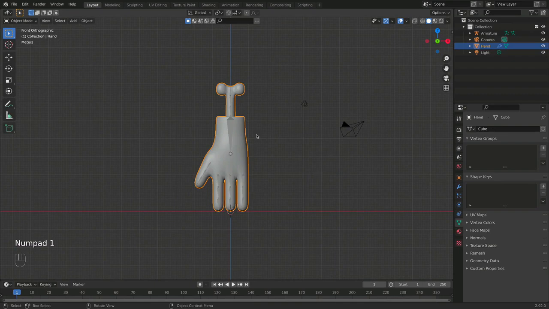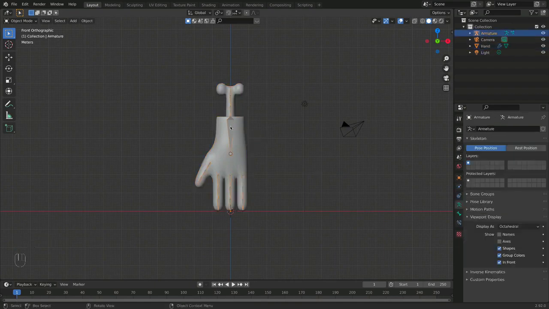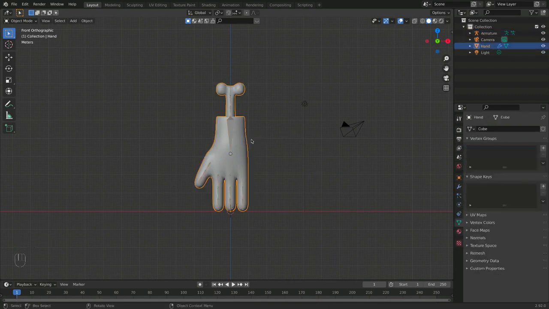and now we need to attach the armature to our mesh, and the process is called weight painting. So the easiest and simplest way is going to be to do automatic weight painting, which means Blender will do automatic weight painting for us. So we can do it by pressing